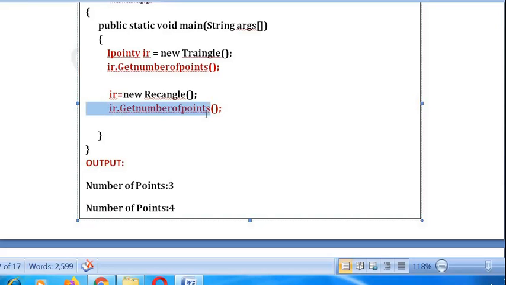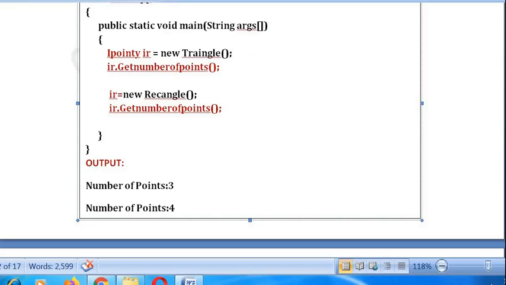Here you will get number of points is 4. So this we will call a dynamic polymorphism. Though the name is the same, it performs different tasks. Same name gives different meanings. That is why we call it dynamic polymorphism.